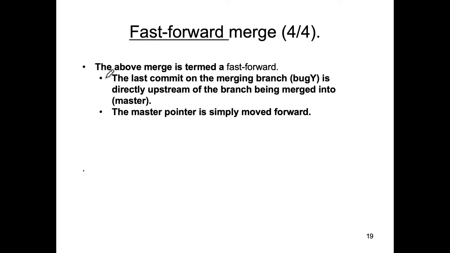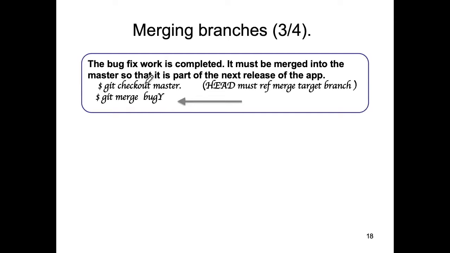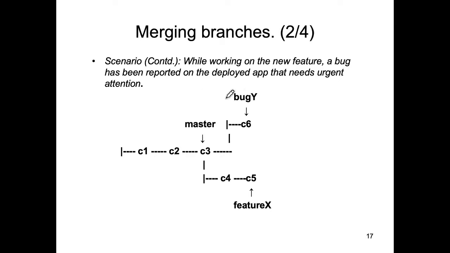So I'm just reading the slide here. So the last commit on the merging branch is directly upstream. Oh yeah. So a fast forward is performed when the branch that you want to merge into the master is simply, I'm saying, upstream of the master branch itself. So if I go back to the previous slide, I suppose, back to here. So I wanted to merge bug Y branch and master branch, but the bug Y commit was